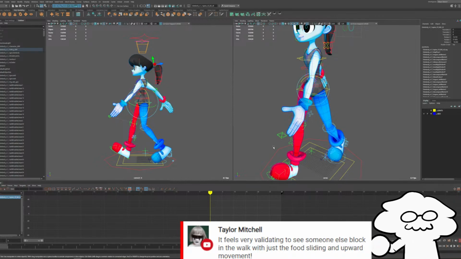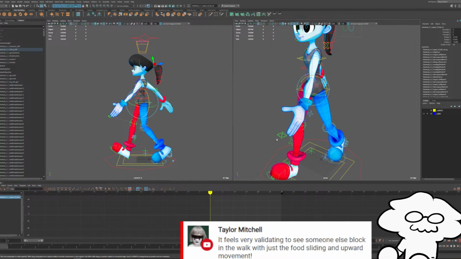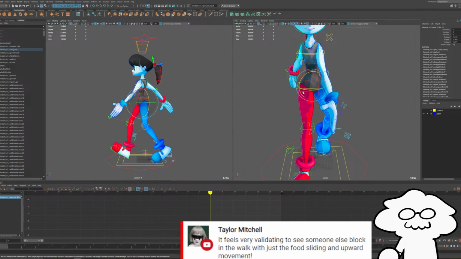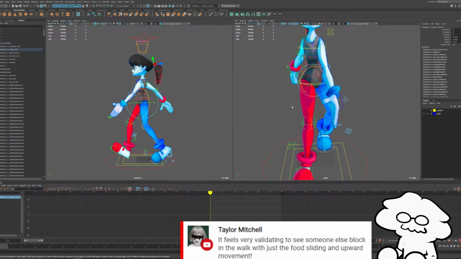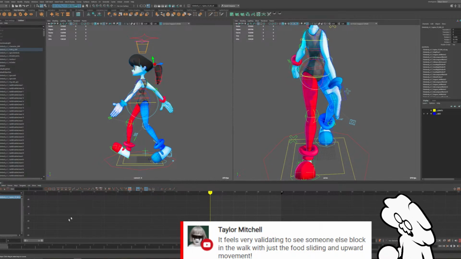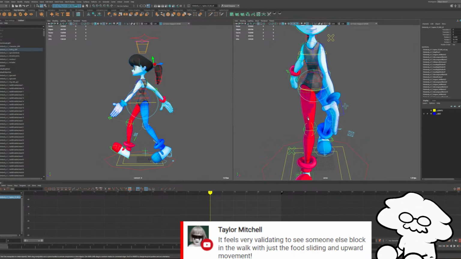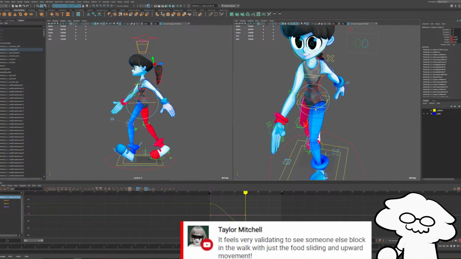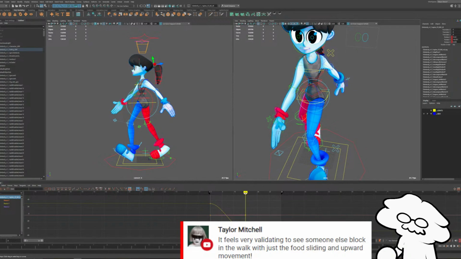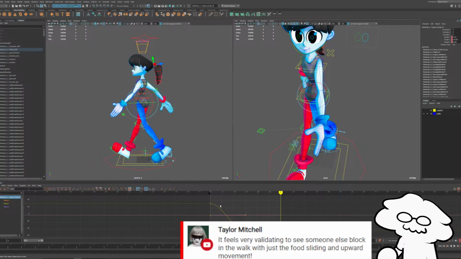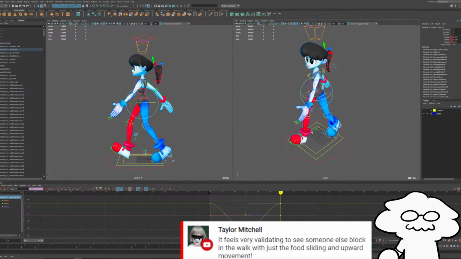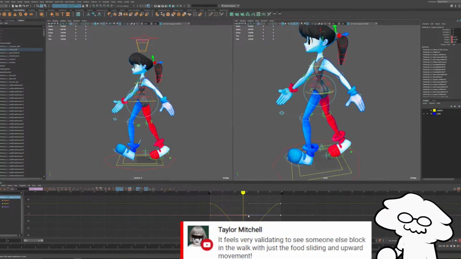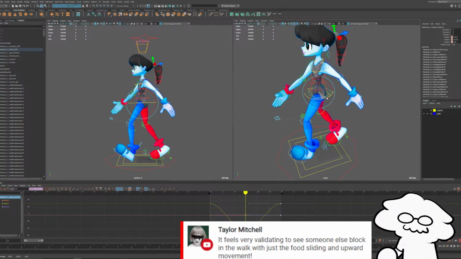Oh wait, am I doing this right? This is when I start getting mixed up. This is why you do each one separately. Down like that. You know what, let's just do the rotation first, and then we'll take a look afterwards. My brain always gets them mixed up. So we'll do forwards, and then go back on the Y rotation, and then copy the frames over like that. A little bit too much. Let's rotate it back. We only want a little bit.